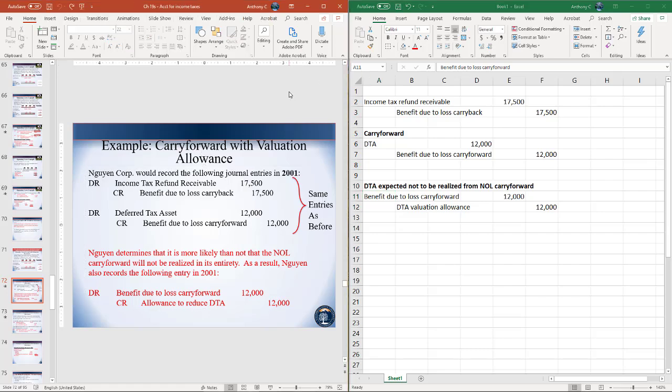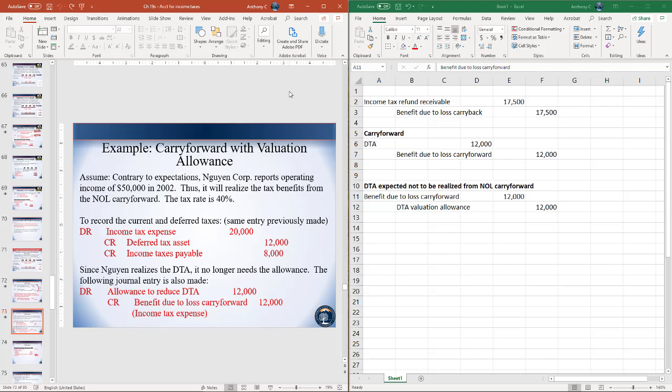Right, so then let's carry this scenario forward a little bit more. And let's assume, contrary to expectations, Nguyen reports operating income of $50,000 in 2002. Thus, it's going to realize the tax benefits from the NOL carry forward. Tax rate's 40%. So previously, we've already, in some sense, written off the DTA since we expect not to benefit from it. Now, since we're actually going to benefit from it, we need to reverse this journal entry